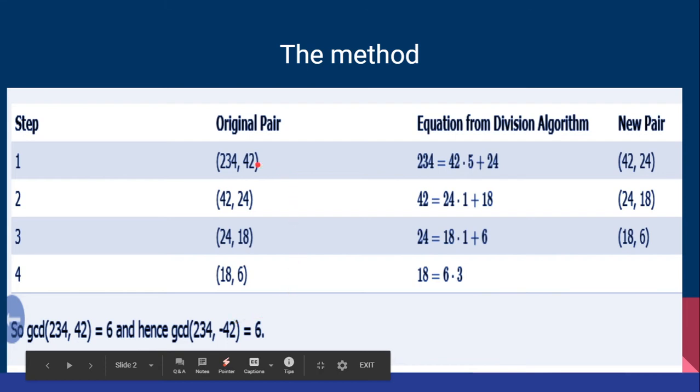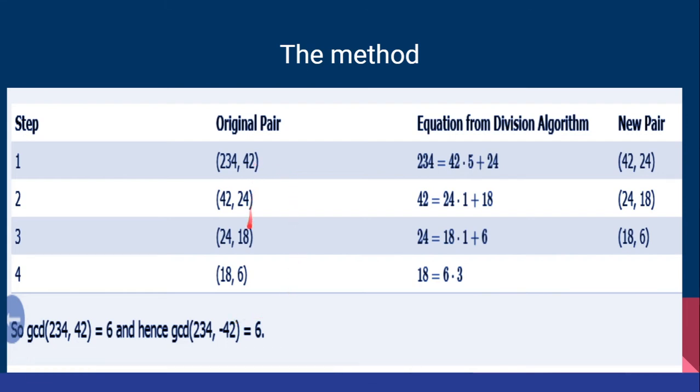The same can be done for numbers which have no common divisor also. For example, if you take numbers like 7 and 5, we write 7 is equal to 5 ones plus 2. Then we follow the same procedure, and the pair becomes 5 comma 2. Then we write 5 as 2 twos are 4 plus 1. Now 1 has come. When 1 has come, we stop and say that 1 is the greatest common divisor.